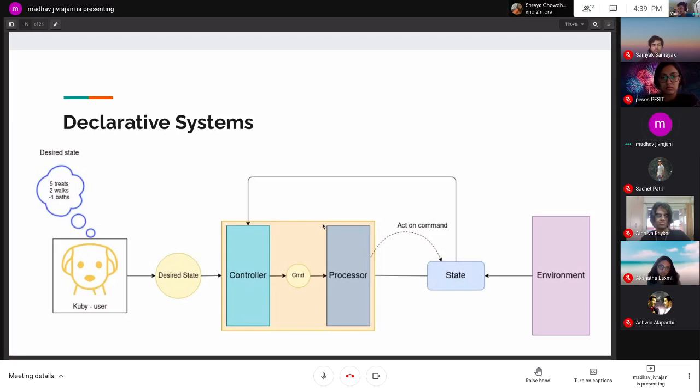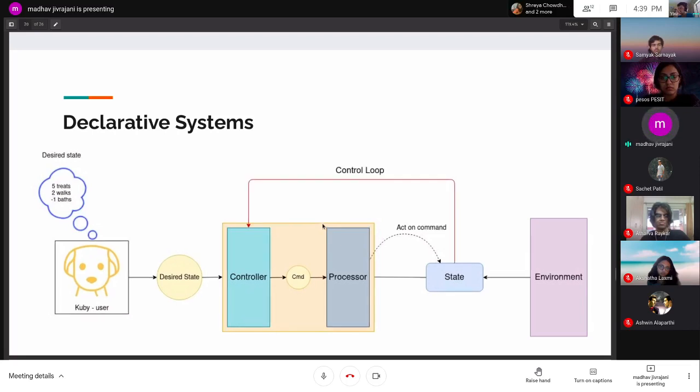And yeah, that whole loop which comes back and sees that okay, this is the state, this is the desired state, and reconciles it and so on, that's called a control loop. I didn't know this because I came across it very recently. Control loop is something that's apparently very widely used, especially in the EC branch.